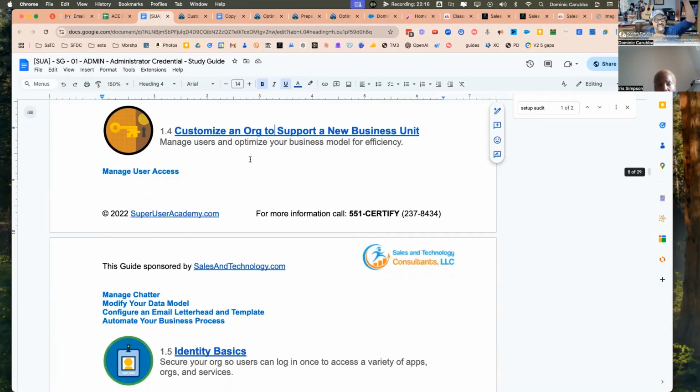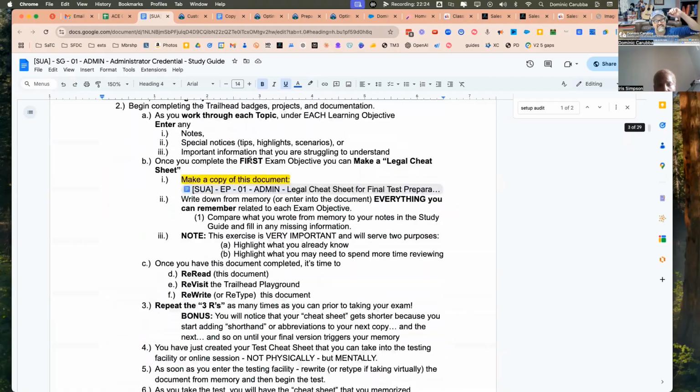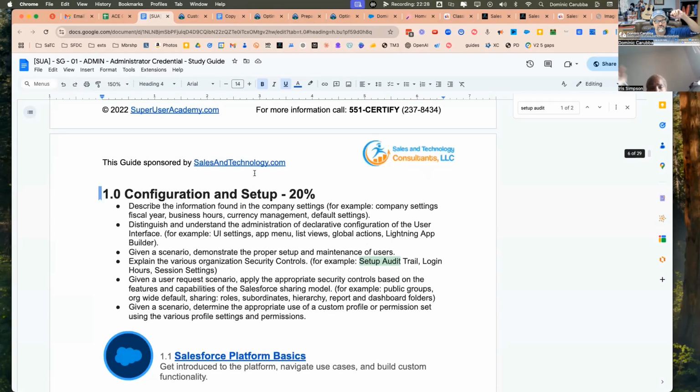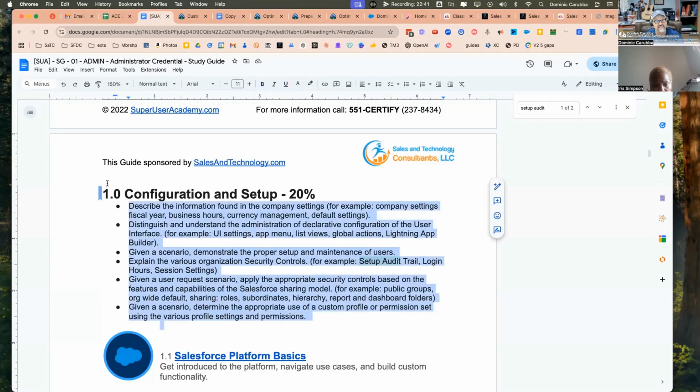You at least can target every term in the exam objective. Set up audit trail, login hours, session settings. You ought to read this first before you even enter into the first trail. Why? Because this tunes your radar into what all the trails in this section are going to be teaching you. So you ought to be looking for